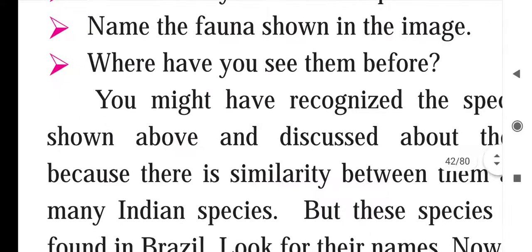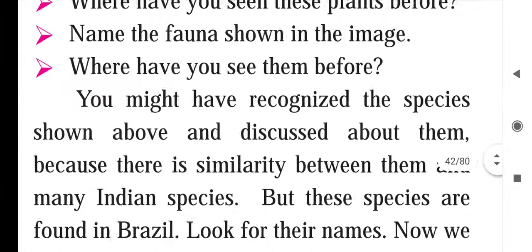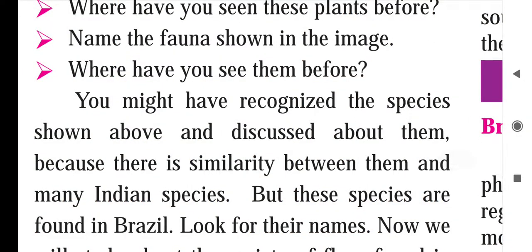Okay, you might have recognized the species shown above. Discuss them, because there is a similarity between them and many Indian species. So children, you might have found that many of these species show a similarity between Brazil and India. These flora and fauna are found in Brazil, but many of them are found in our India also. How? See,